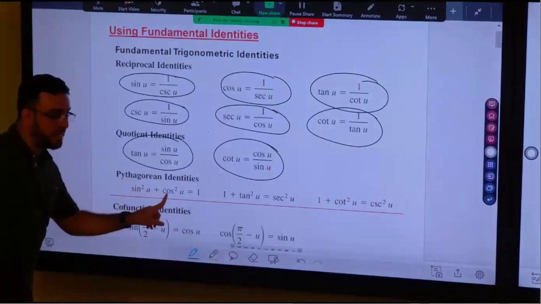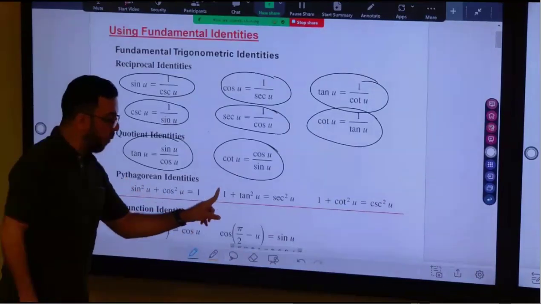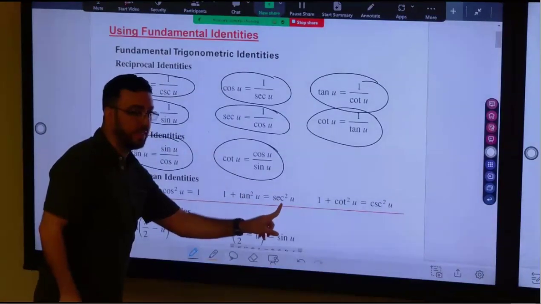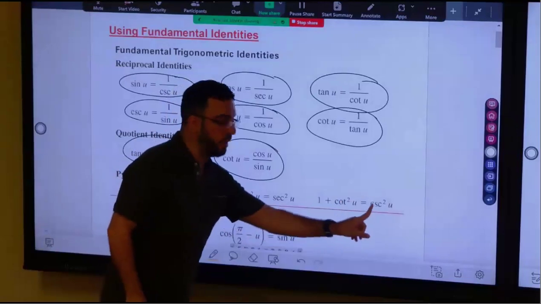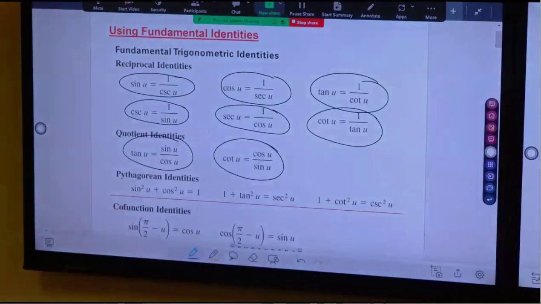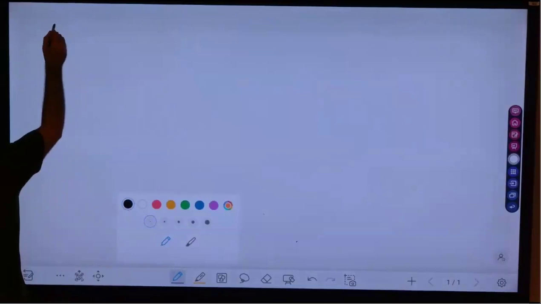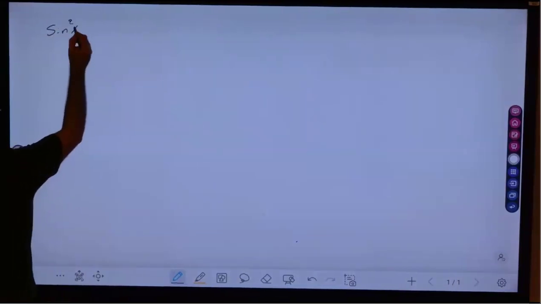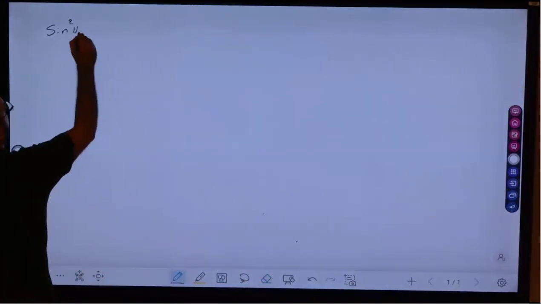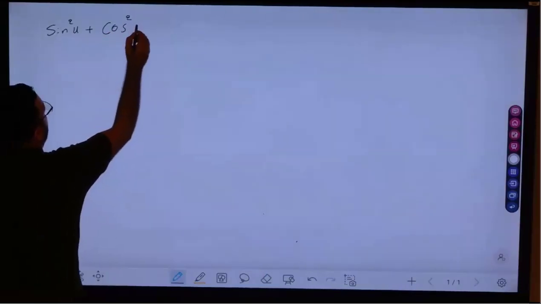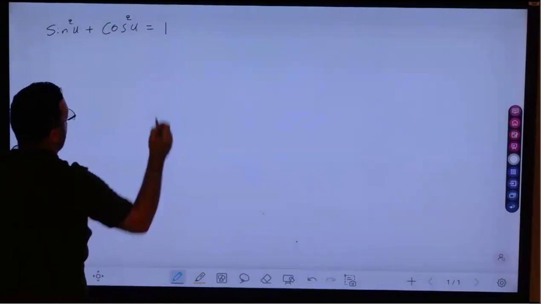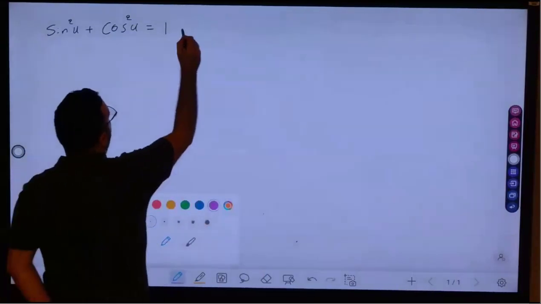The next step. Sine square plus cosine square equal what? 1. 1 plus tangent square equal secant square. 1 plus cotangent square equal cosecant square. Before moving to the next step, I'm telling you the first identity, which is sine. We have sine square of u, the same identity, plus cosine square of u equal what? 1. Check here. From this identity,